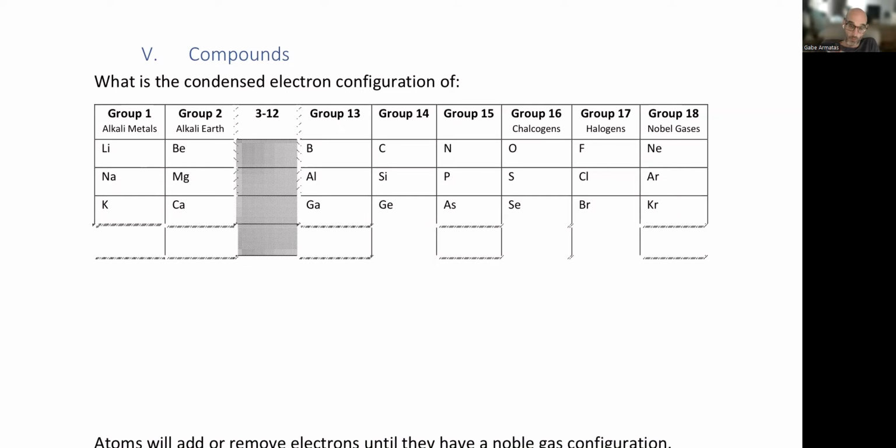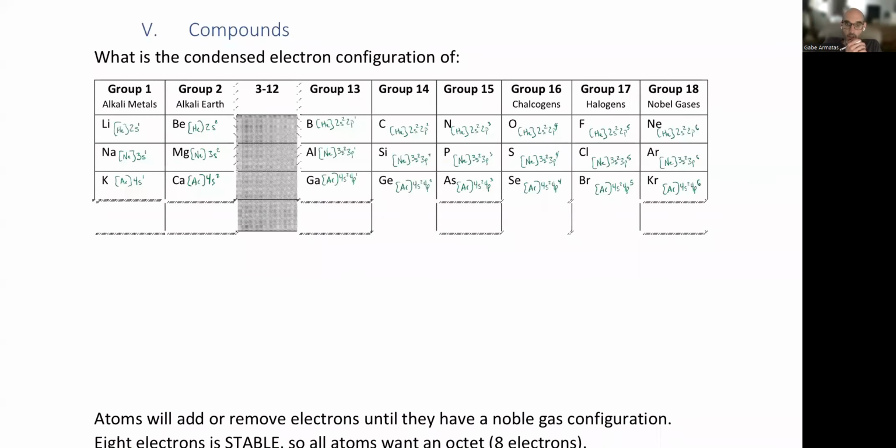So right off the bat, let's pause this and write out the condensed electron configuration for every single element here, okay? So I'm going to pause this and write out at least one of each group, group 1 all the way out to group 18. Okay, so here are all of the electron configurations for every single one of these. Normally in class, I would divide it up and have everyone do one, but it's good practice to be able